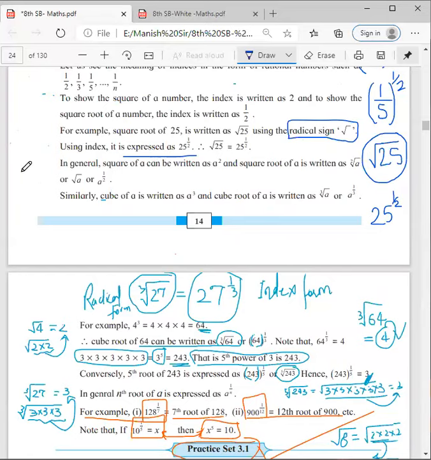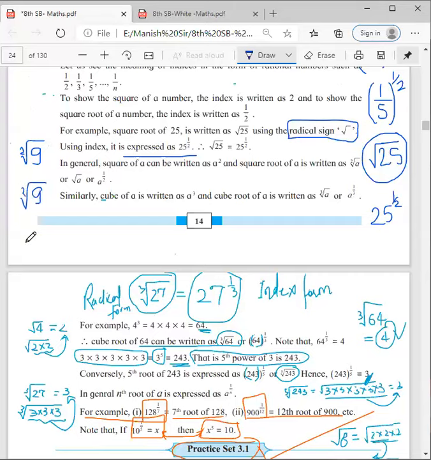See, if you will write in this way, see what I'm writing, just try to understand. If I will write 9 in this format, or if I will write at this place 2, the meaning is very clear. That meaning is very simple. This is representing the square root of 9. But if you want to represent cube root of 9, what you can do? You can write 9, and at this place you will write 3.